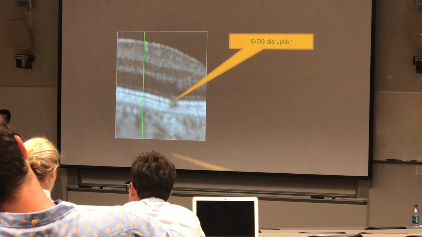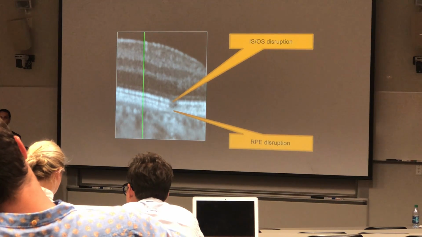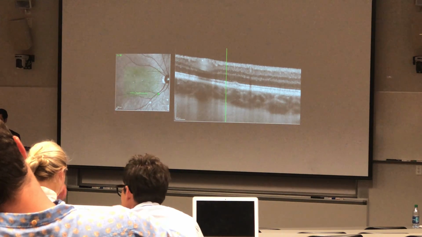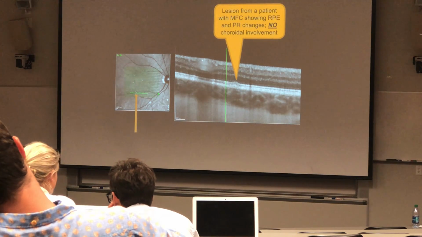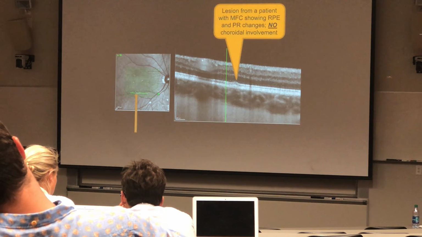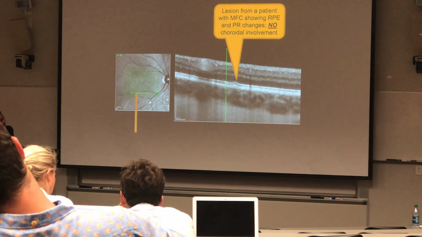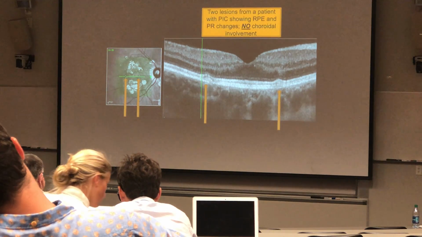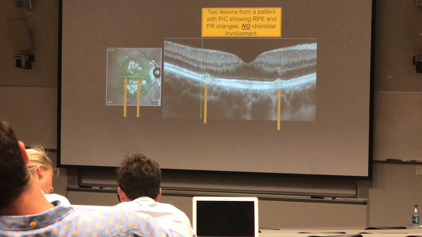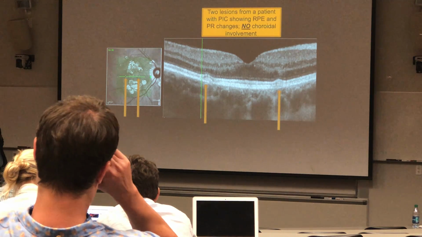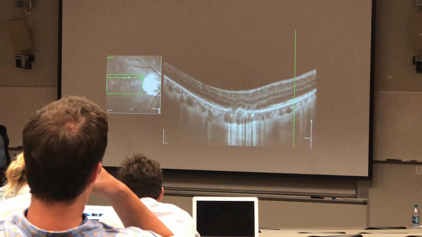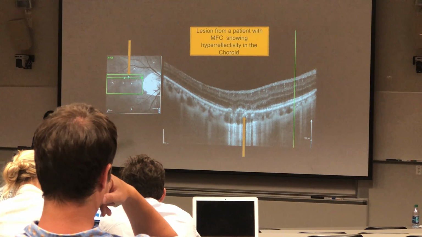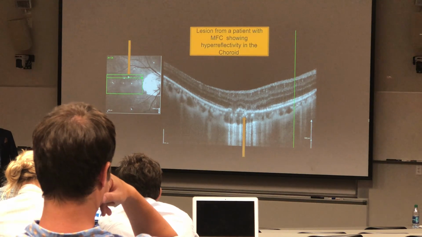The example of ISOS and RPE disruption. Of course, you'll have to really look for these lesions. An example of choroidal hyperreflectivity. This is a lesion from a patient with MFC showing RPE and photoreceptor changes, and as you can see, we do not see anything in the choroid at this point in time. This is another example. These are two lesions from a PIC patient showing RPE and photoreceptor layer changes in both lesions. This is a punched out lesion from an MFC patient, and as you can see, once you see this punching out and slight thinning,